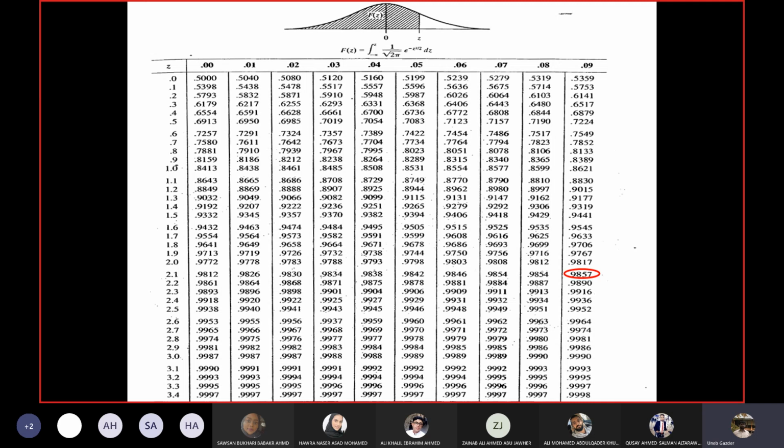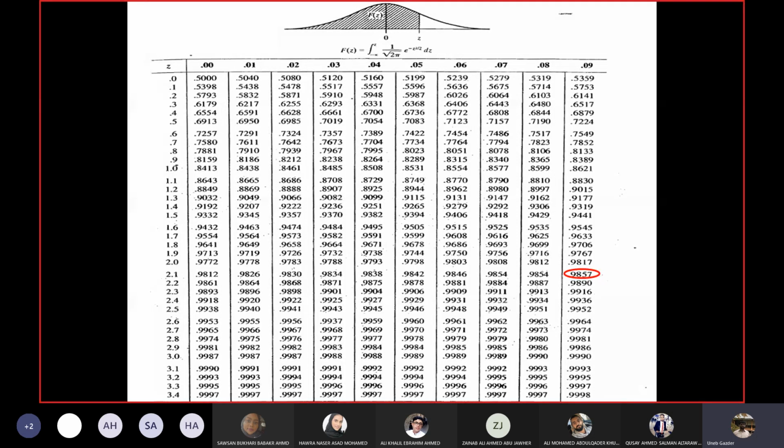The maximum value is 3.49 in the table, and infinity is obviously more than 3.49. So what should be the probability here? 1. Yes, 1. Any value which is more than the values given in the table, the cumulative probability is 1, because this is the maximum probability you can have. The table already has a maximum probability of 0.9998. So any value which is more than that has a probability of 1. Infinity is obviously more than anything, so infinity will always have a cumulative probability of 1.